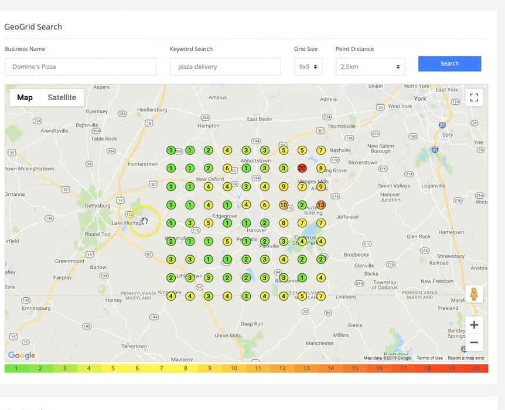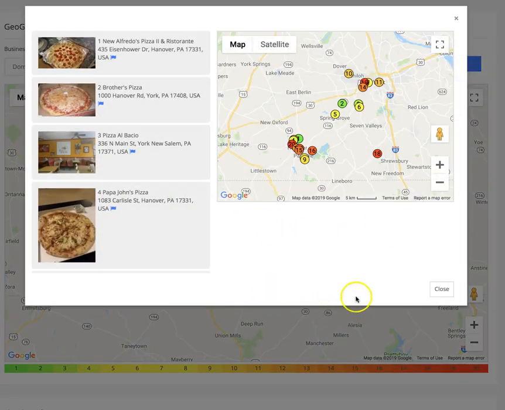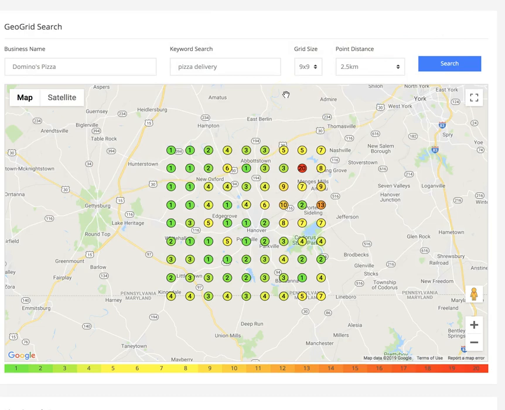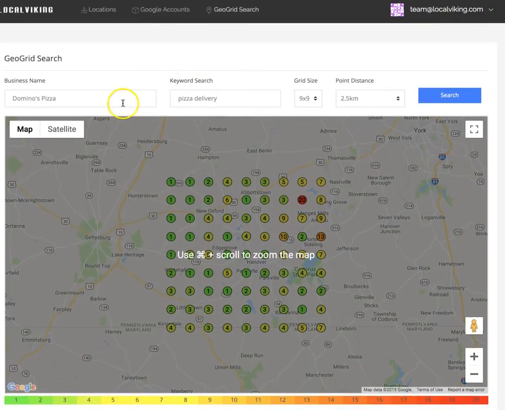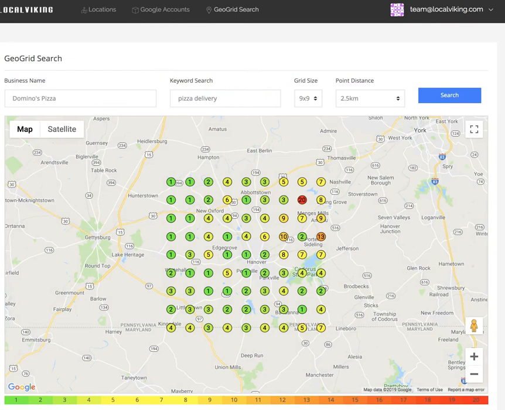So what we baked right into Local Viking is the ability to pop in here. It opens up the modal, and obviously I'm not going to report any of these because they're not fake listings, but we added this little report button to each listing. So before we jump into that, if you have a Google Local Guide account that you do your reports from, you can upload your Google Guide accounts, so you can OAuth and sync your Google Guide accounts or whichever accounts you'd like to report from specifically right here under the Google Accounts tab,